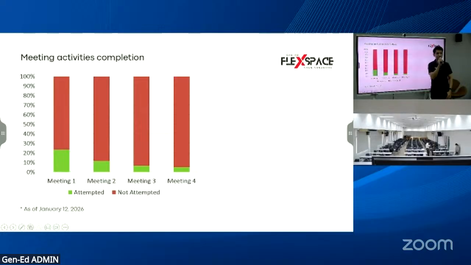Meeting activities completion. There are 4 meeting activities in this course, and about 25% of the students have completed the activities. So we have a bunch of students who ignore everything. So hopefully everyone should get in touch and follow up what you have before the midterm examination. You still have time until maybe near the end of the semester, so you can complete everything. So you have a chance to have a good grade. And for students who have completed meeting activity number 3 and number 4,